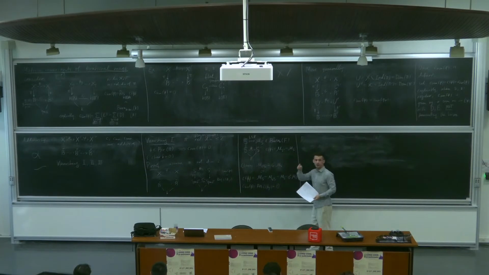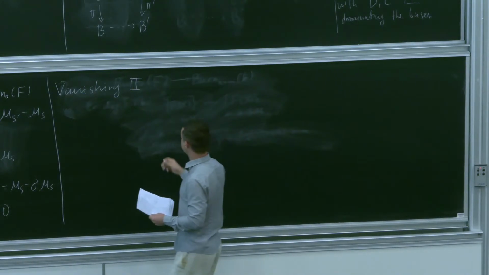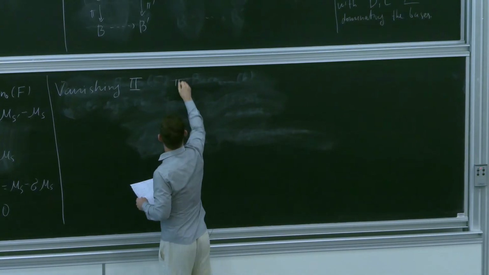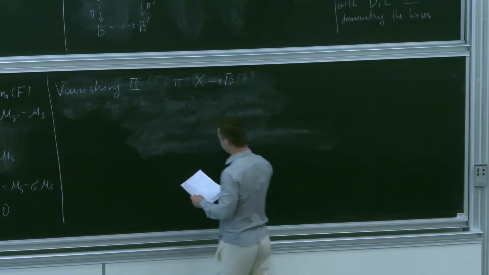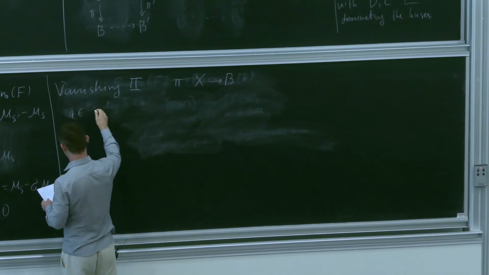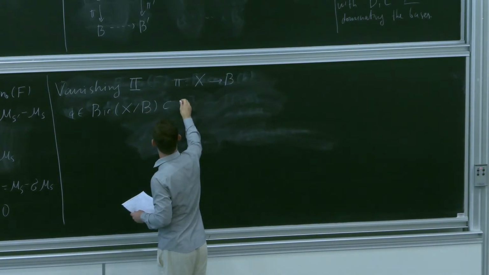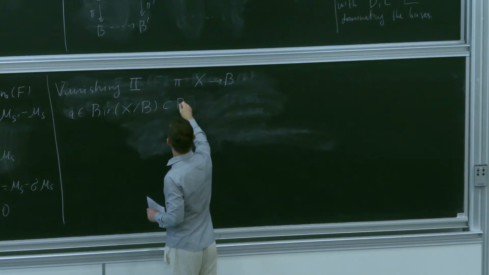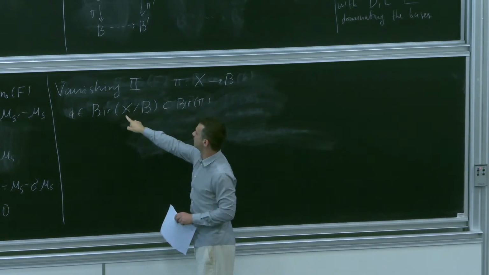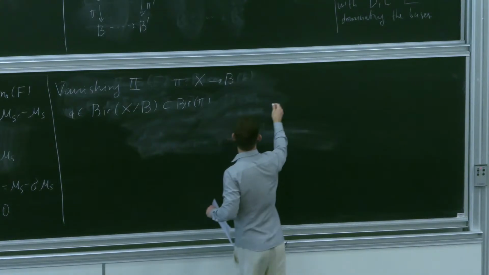The other two vanishing results are about vertical invariants now. So there's vanishing 2. I have a morphism like this, and I'm looking at a specific type of birational map, so over the base. As I said, in general, this is smaller. So these are birational maps acting trivially on the base. In other words, I have